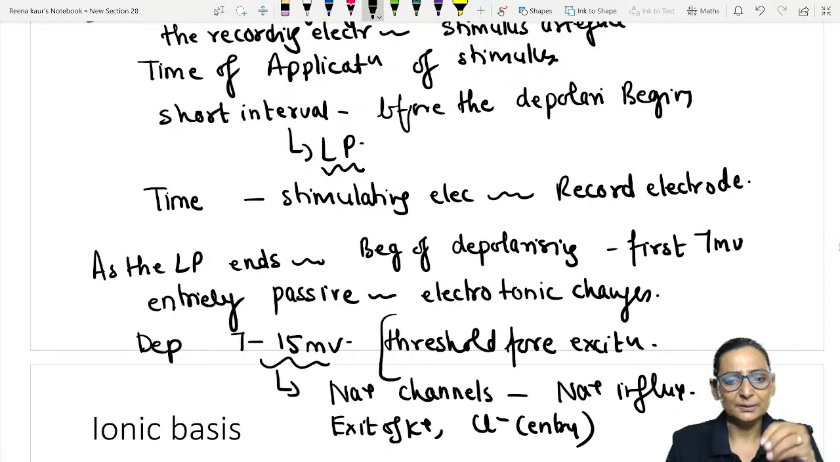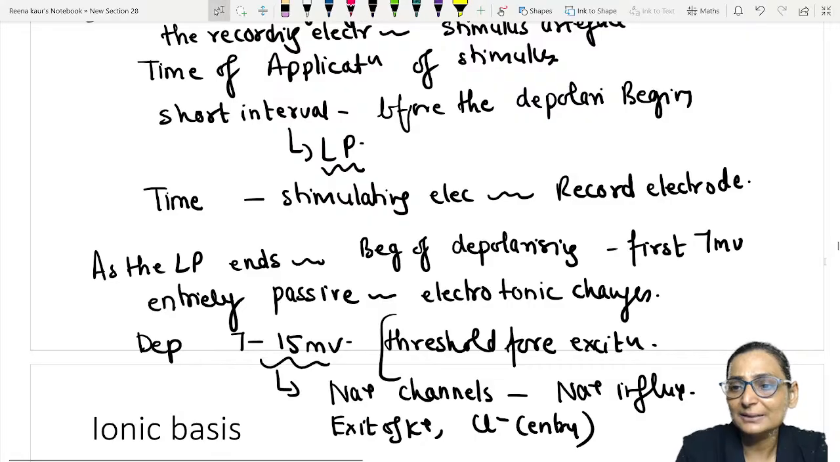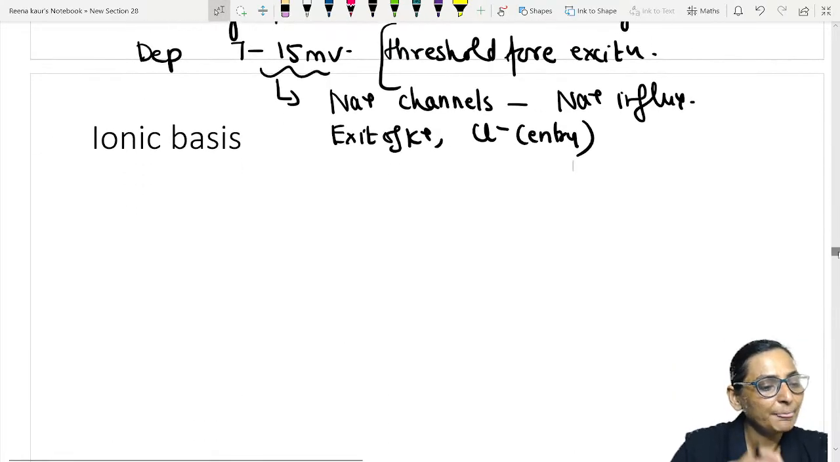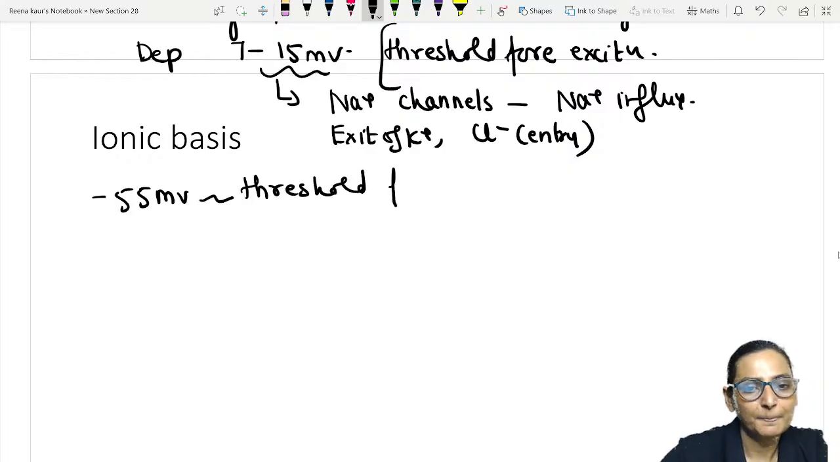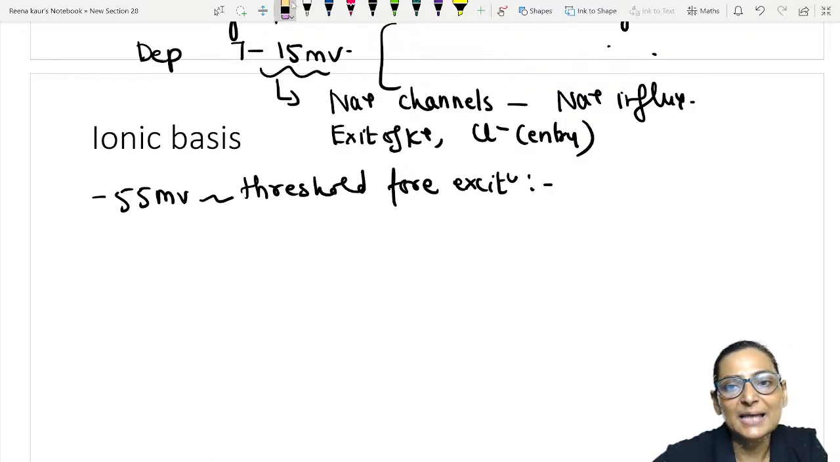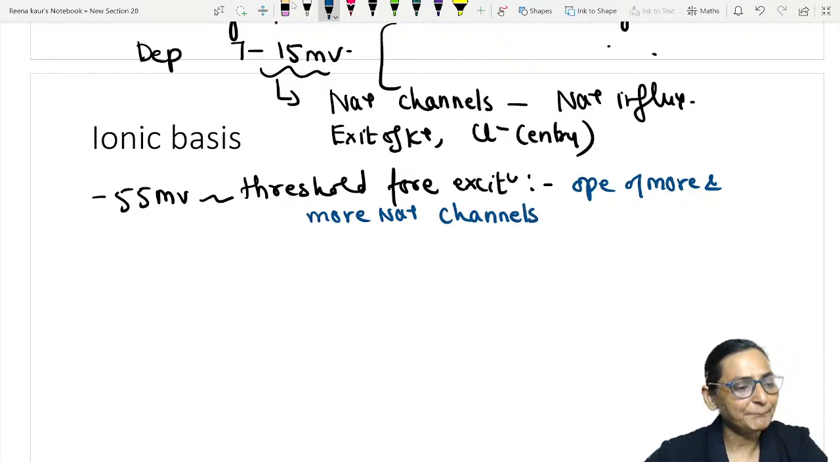अभी भी there is a balance between the sodium influx and the potassium efflux and the chloride influx. ये सब कुछ हो ही रहा है, but at this stage if the depolarizing forces go higher, okay, that means at -55 millivolts, which is the threshold for excitation, this is the stage which is actually resulting in the opening of more and more of sodium channels. There is a massive opening of the sodium channels and the sodium influx will be so rapid and so massive